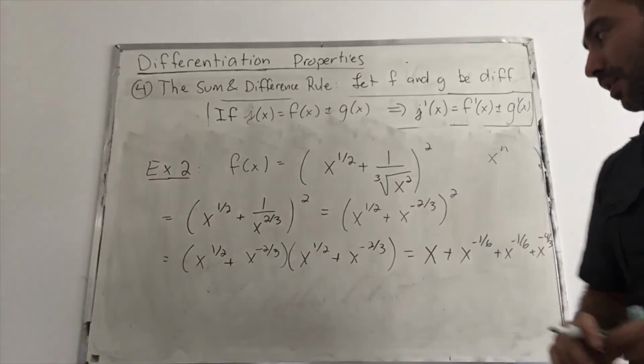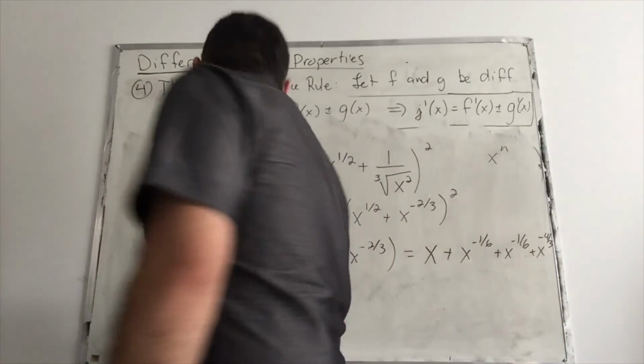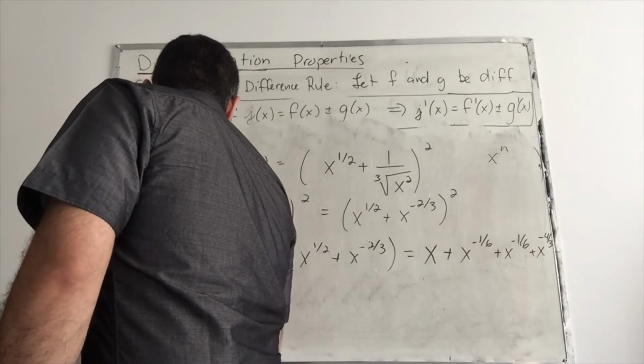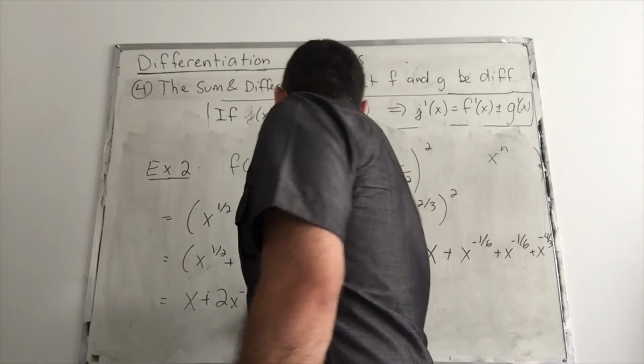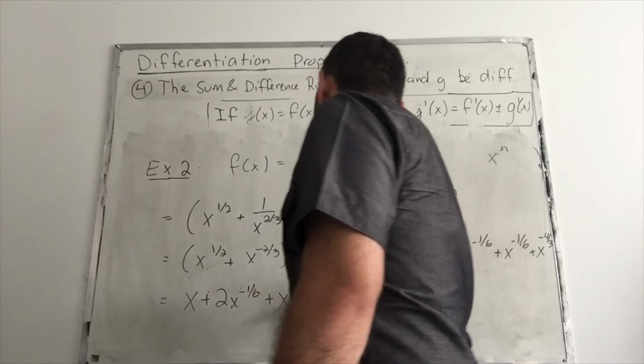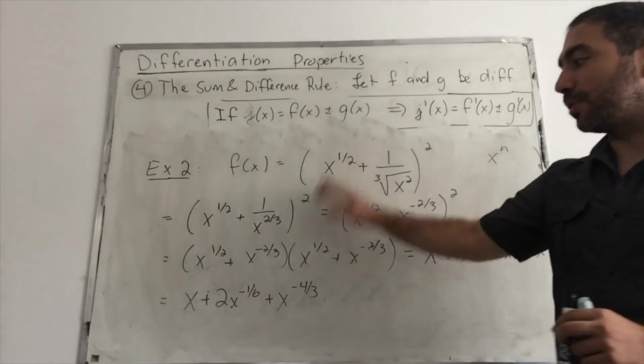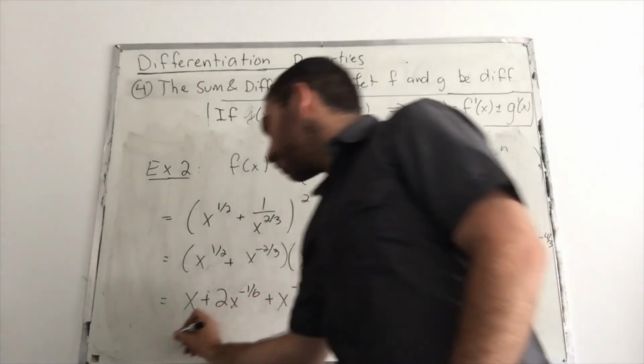So without even taking the derivative, all we did is set ourselves up. We now have x plus 2x to the negative 1/6 plus x to the negative 4/3. Okay. This is still the original function. Now the derivative f prime of x is,